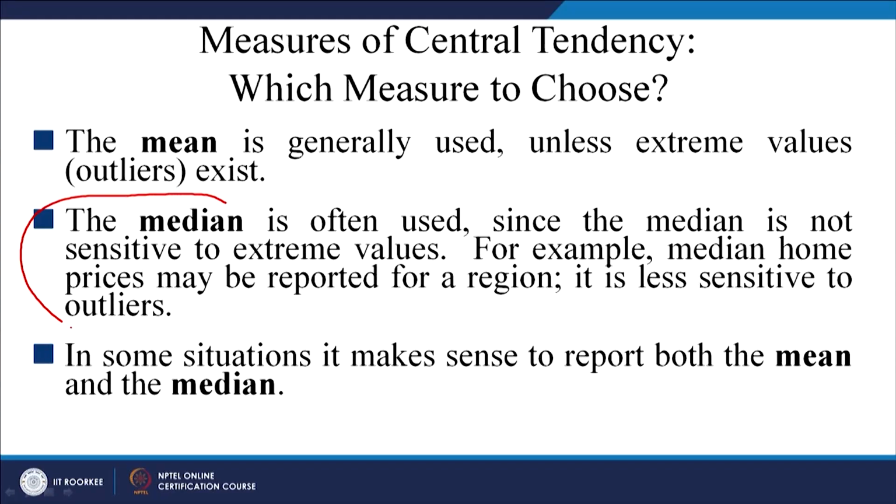So, at the end of the day, which one will you select? It is mean, mode or median, that is the decision to be taken. As I said, if your data are normally distributed, then all will be the same, but in real life situations you will most of the time have non-normal data, and in case of non-normal data you will always have skewed data, whether it is positively skewed or negatively skewed. So, you should select median as the measure of central tendency.